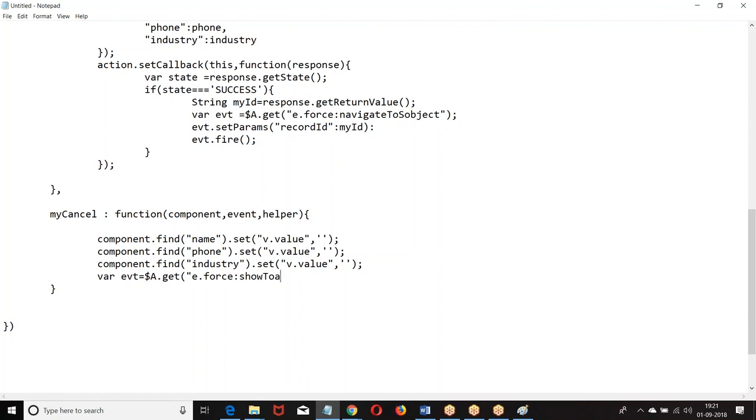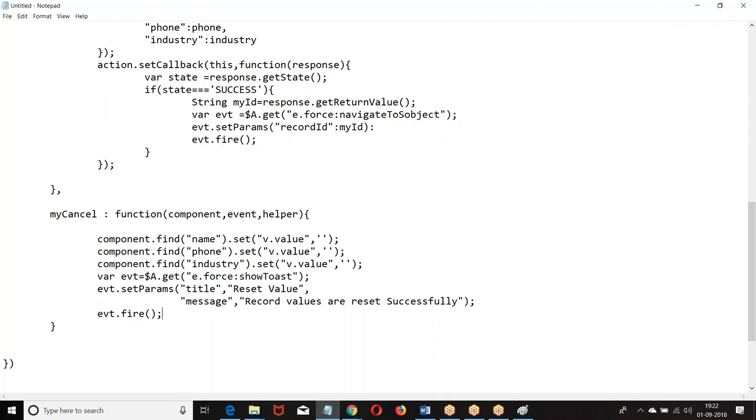Then we have show the event dot. We have, then fire the event dot.